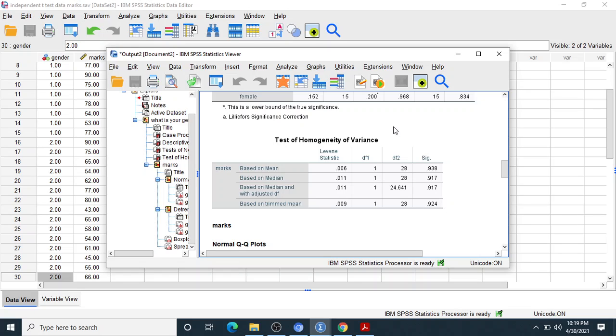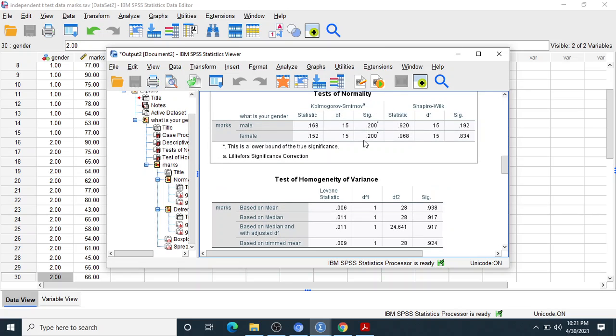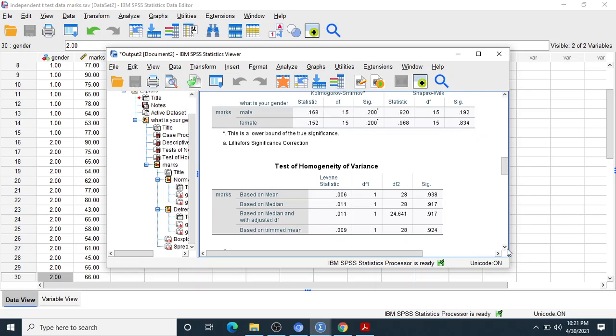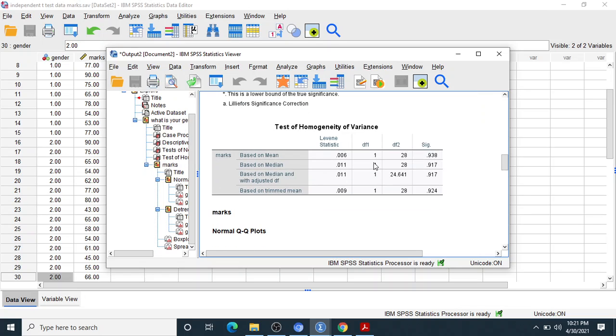The next point is test of the homogeneity of the variance. Check it. Very simple. This is the normality test, and this table is fulfilling the condition of the normal distribution. Test of homogeneity means the significance value is 0.938 based on the mean.